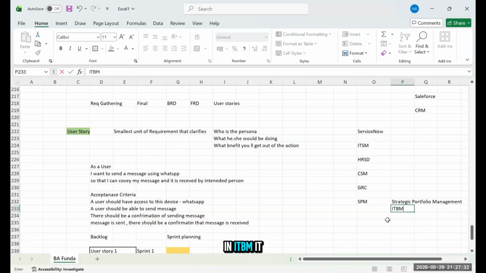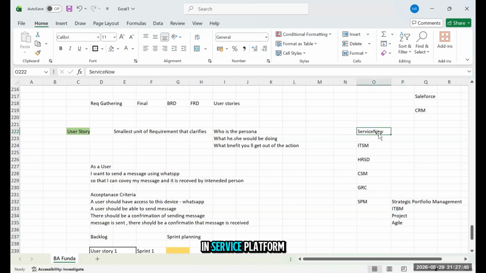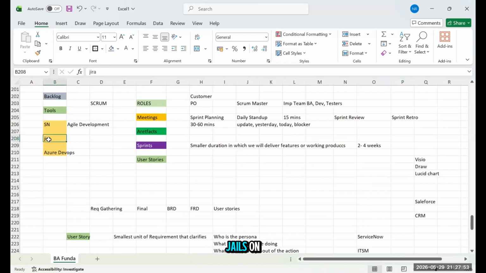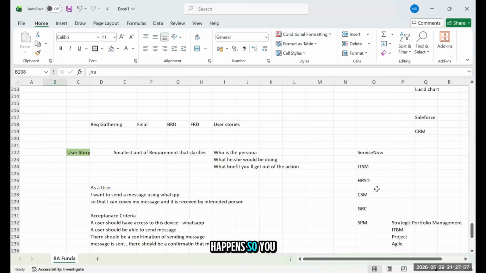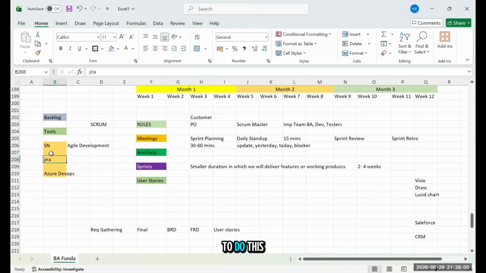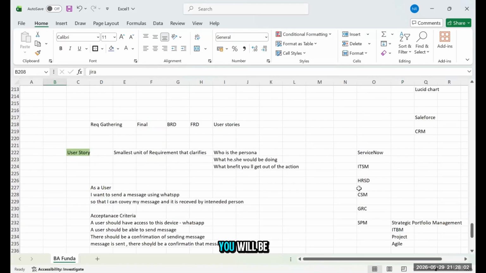In ITBM, you will have some part of project management. It also deals with Agile. So in the ServiceNow platform, there is a product called SPM. Under SPM, it delivers some functionalities which can be delivered by Agile tools also, which can be delivered by Jira. That is what happens. So whatever you will do in Jira, you will be able to do it in